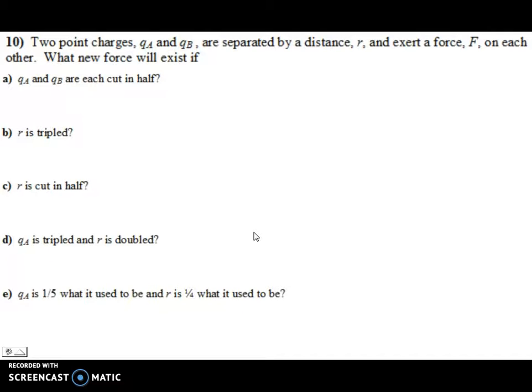Alright, so here are these classic problems here where we're taking the equation, we're manipulating some algebraic terms in it, we're pulling those terms to the outside and then seeing what happens. So for letter A, we should be getting a quarter Fe. It should make sense, right? If we have a smaller charge for each of these, we should have a smaller overall force,